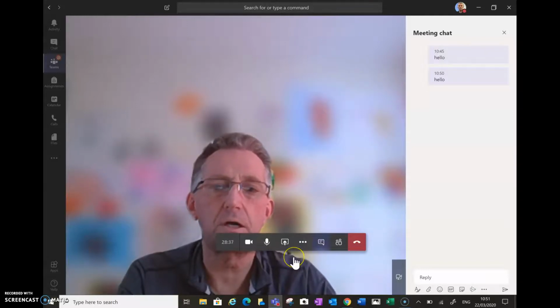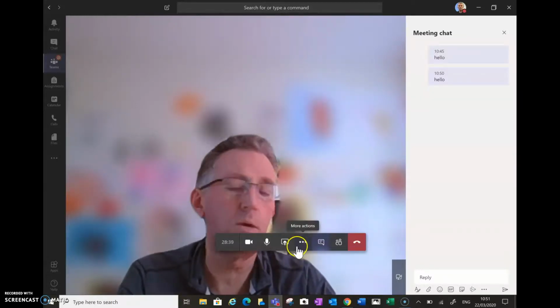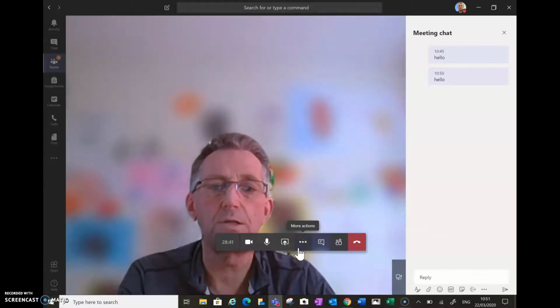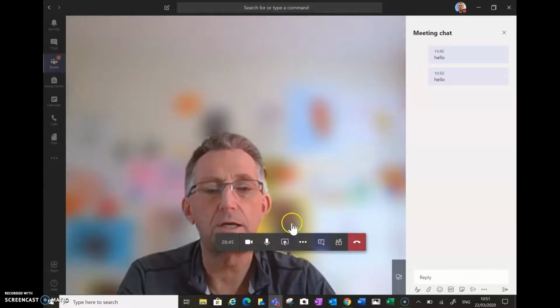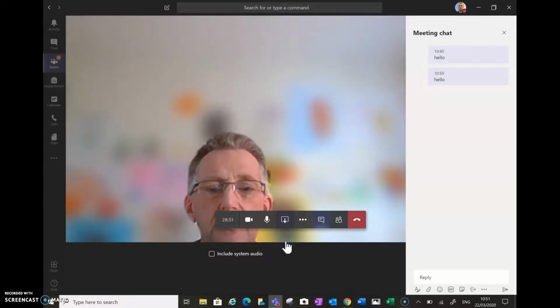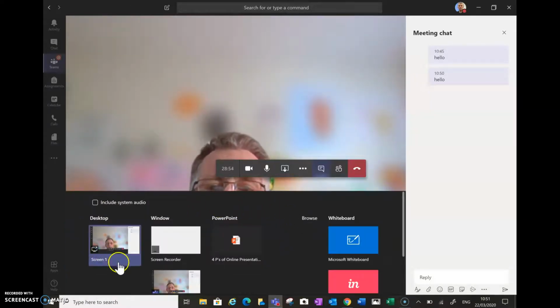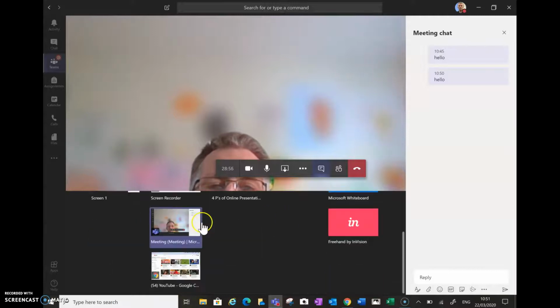Now, during a meeting or while you're working with a class, you may want to display what's on your screen. To do that, you click on the share button right in the middle of the control panel. So I click that, it will open a pane on the end. It will show me